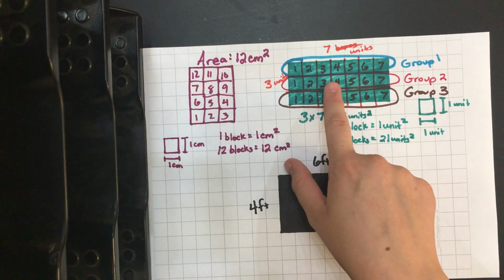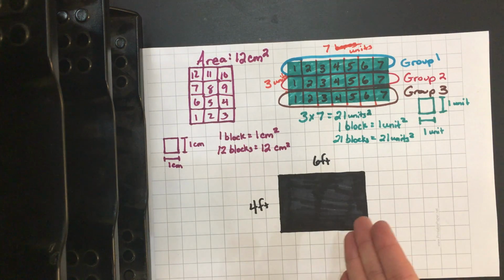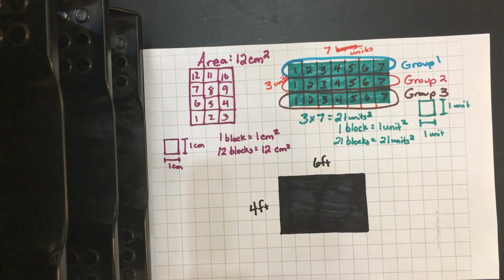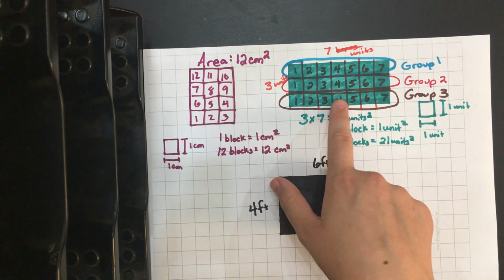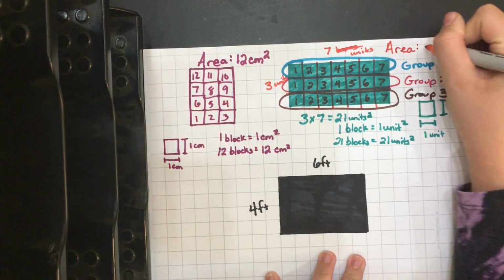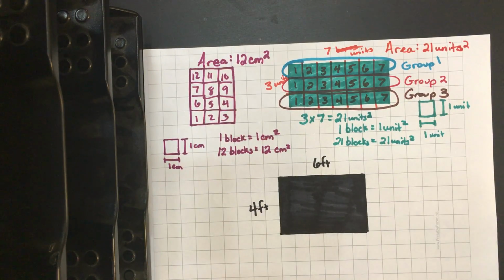Now I want you to keep the multiplication one in mind as we do this one, okay? Because now we can't see what's inside. And because this is such a dark square, we can't separate it into the units, which in this case are feet. We can't separate it into 1 foot squared blocks, right? So this is going to be a little harder. I want you to think about what we did in this second problem, where the area was 21. And I want you to use what we did in the second problem to try and think of